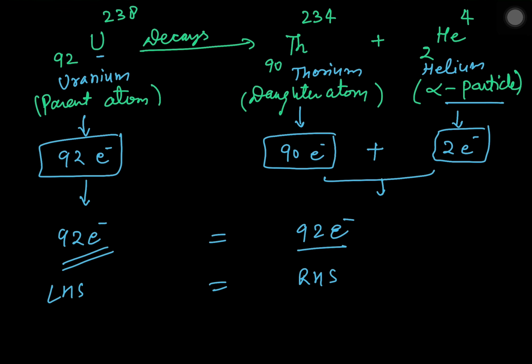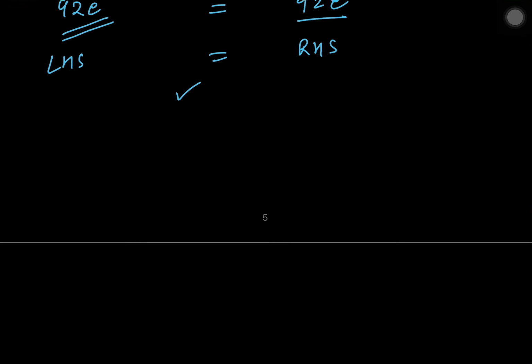This shows that neither the charge is created nor the charge is destroyed, but is transferred from one body to another body. And the total charge on the isolated system remains constant. This is the conservation of charge, or I would say the law of conservation of electric charge. Okay. Fourth property of